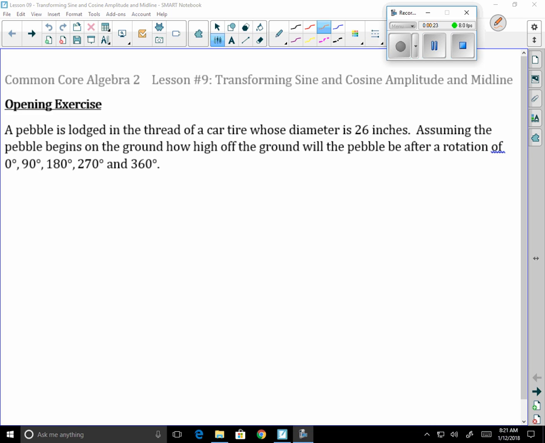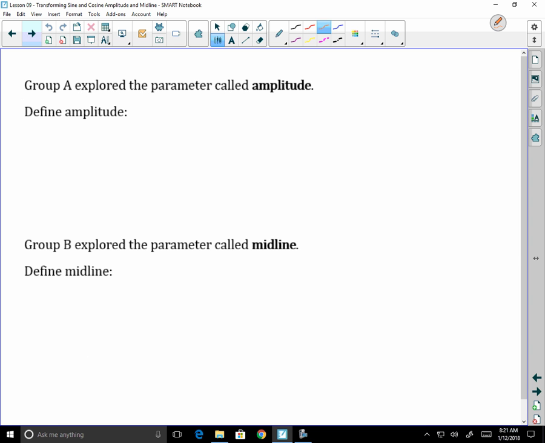So essentially in class today we learned two things. We learned about amplitude and we learned about midline. Remember, the amplitude is a distance, so it's always going to wind up being a positive value. It's the distance from the midline to the maximum. I know we put notes in this part here, but I want to look at it graphically for a second. So if I have a sine curve,